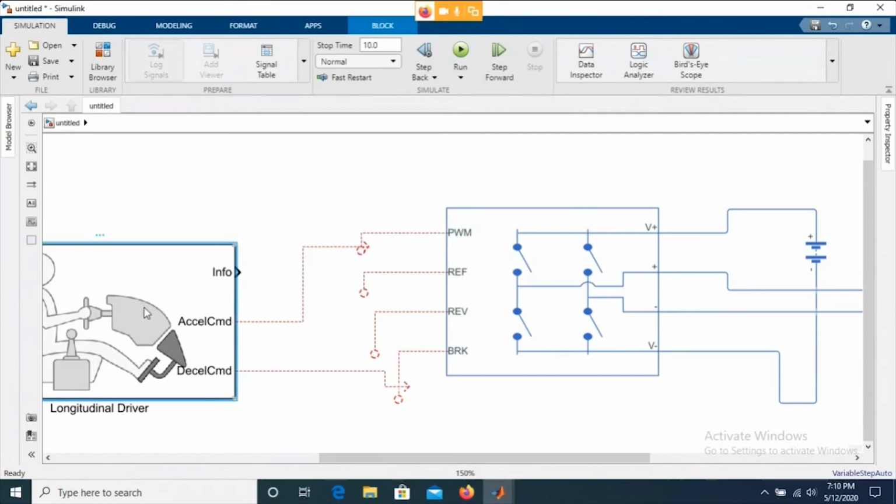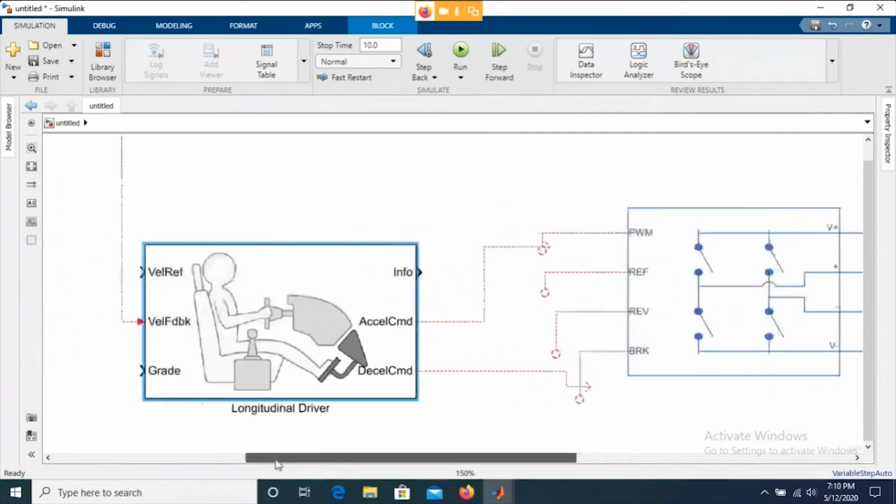Now, what is this driver? So I was talking about this driver, right? What is a driver? So guys, let me explain what a driver is and what a driver model does. Think of a situation where you are sitting behind your friend, and your friend is the driver.